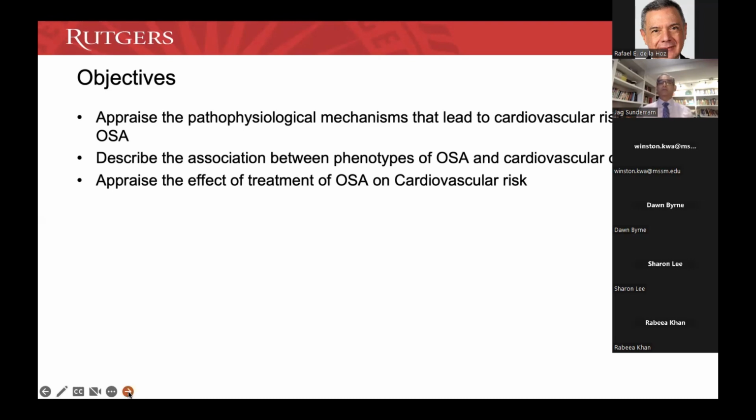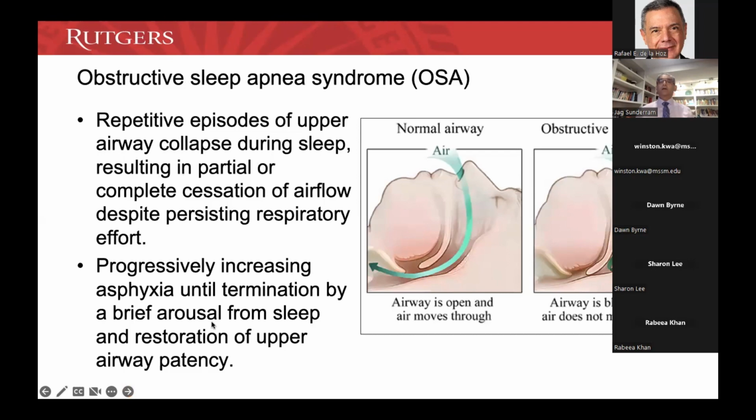on cardiovascular risk. So I'm guessing that everybody in this audience knows what sleep apnea is, but essentially there's repeated upper airway collapse during sleep, and there's either a partial or complete cessation of airflow despite the patient making a respiratory effort. That's why it's termed obstructive. There is progressive asphyxia. Finally, there's termination of this asphyxia with a brief arousal and a restoration of upper airway